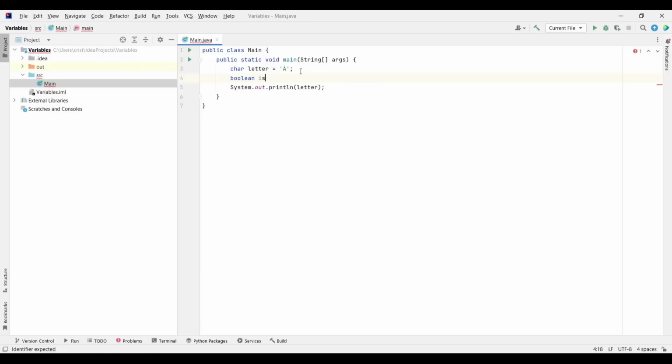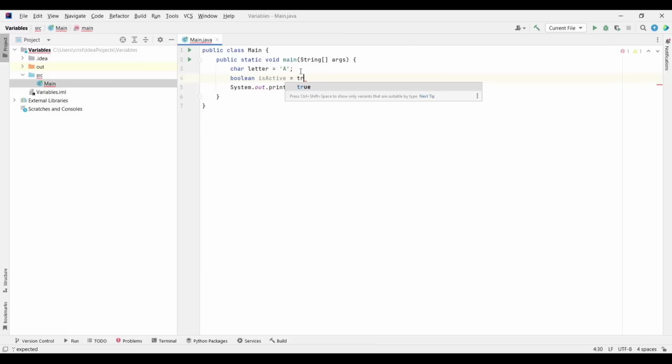So I'll type here is active, and I will type it in camel case. Camel case means that the first word starts with a lowercase letter, and the next words start with a capital letter. So I'm gonna type here isActive, and I'm gonna put equals. And now in this Boolean data type, you can put either true or false.